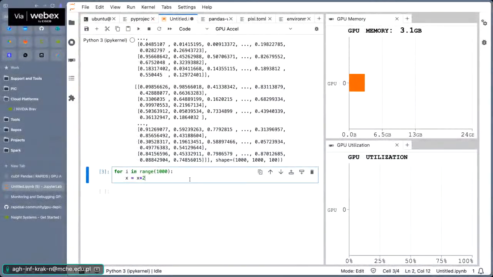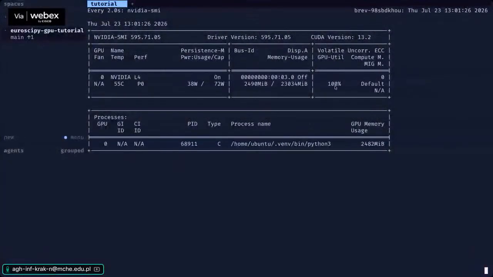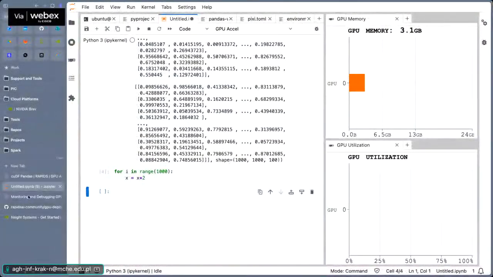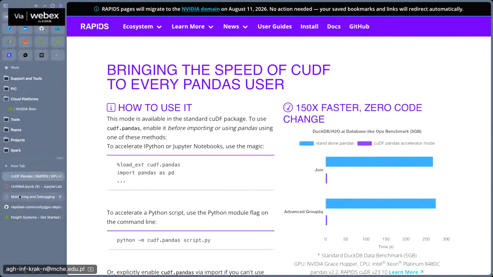If I just run this little cell again, we can see the utilization's gone up to 100% here. This is a very basic way of tracking things, but again, it's a first glance of, am I actually using the GPU? I'm going to run my script that claims to use the GPU. I'm just going to do watch nvidia-smi and see whether the GPU does something. Does a process get allocated? Does it get some memory allocated? Does it use the GPU? But you'll get that in any